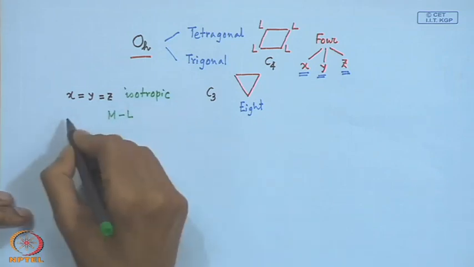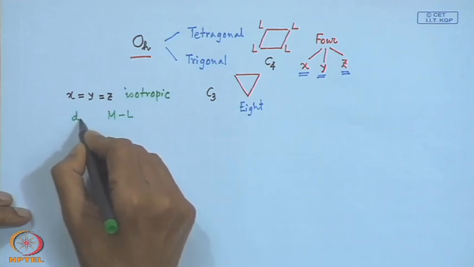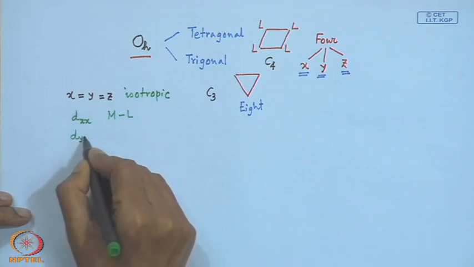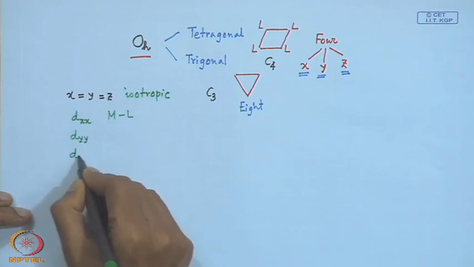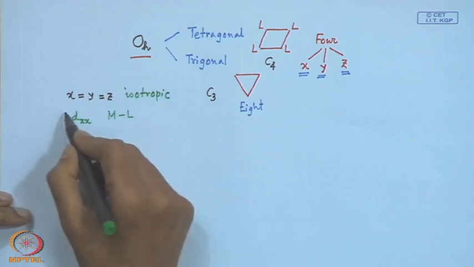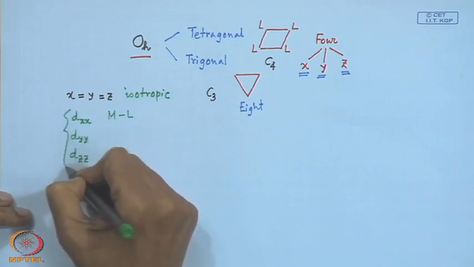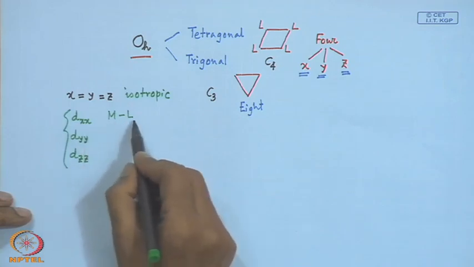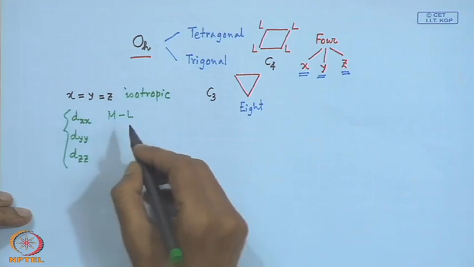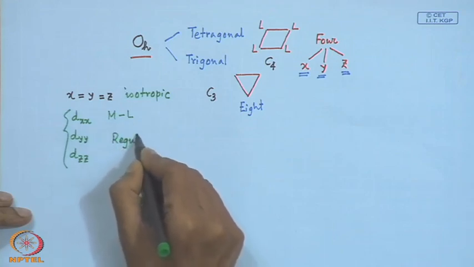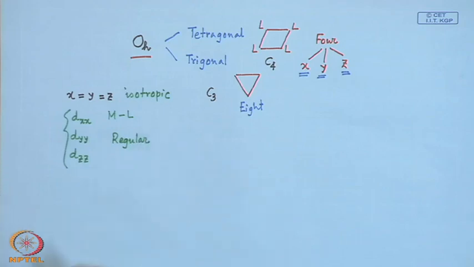So, distances along the x axis, distances along the y axis and distances along the z axis. If they are all the same, we get a situation where all the ML distances are almost the same. So, we get a regular octahedral geometry,